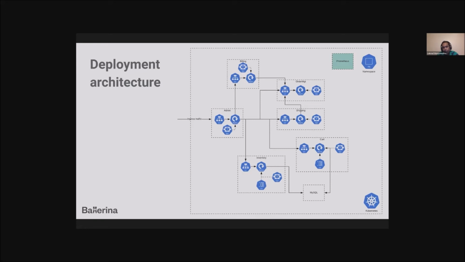And in some cases, the cart microservice and inventory microservice need to read some configuration to connect to MySQL. Then you need to create either a secret or config map to read this configuration and connect to MySQL. So this is like a sample deployment.